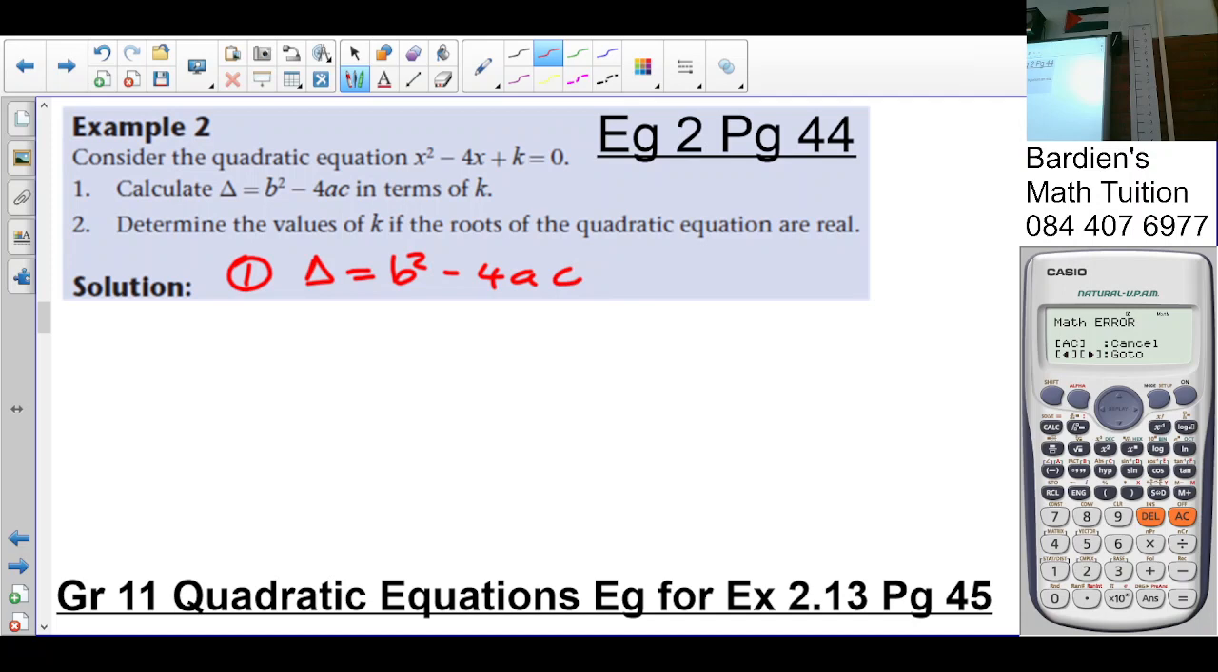In terms of k. So what is your a value here? A value is the coefficient of x squared, which is 1. B is the coefficient of x, which is negative 4. And c is equal to